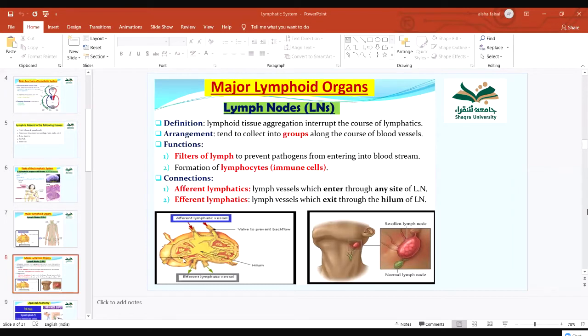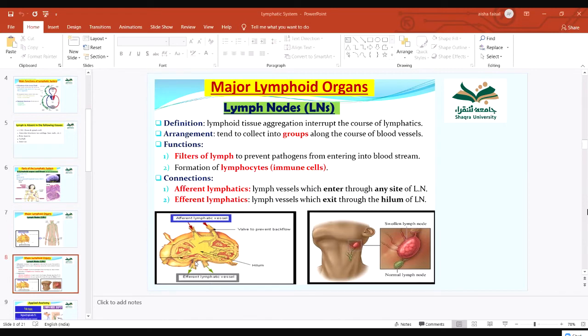From the concave side, you have many lymphatic vessels, afferent. Efferent are few, and they leave through this concave side. This concave side is termed the hilum. So from the hilum, few efferent vessels leave. Efferent means it will take away the lymph which has entered into the substance of your lymph node towards the heart. So afferent vessels bring in the lymph, and efferent lymphatic channels take the lymph from the lymph node towards the heart.